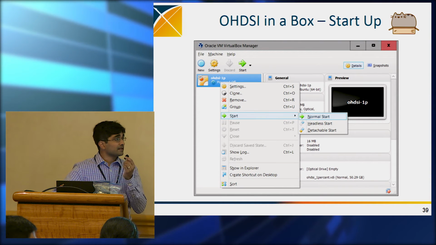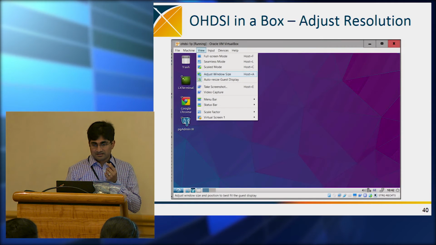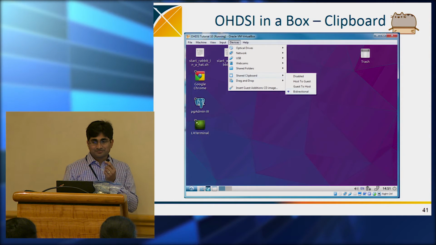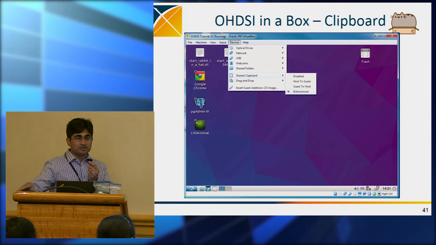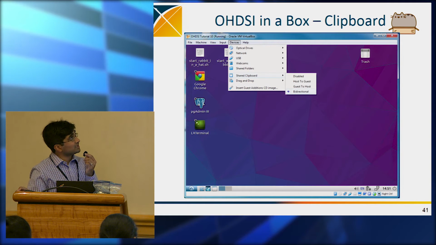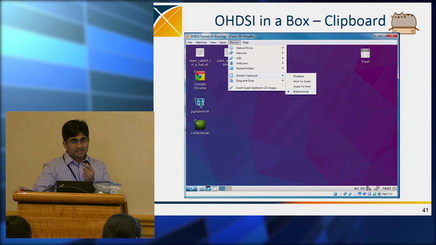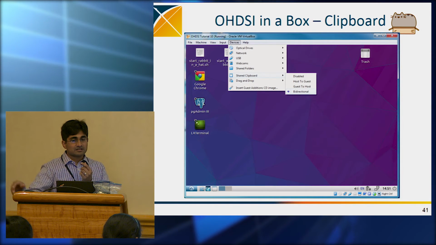Can you go over the clipboard situation about how to copy paste? Yes, I had trouble with that. Okay. So there is a setting here. If you get your virtual machine up and running, and you click on devices, you want to go to the clipboard and select bidirectional.